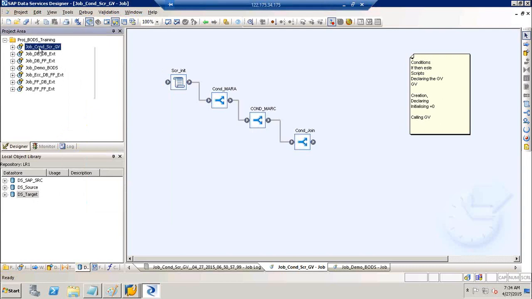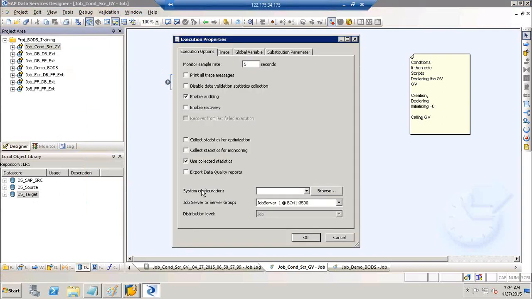Now, when I execute the job, I see something different here. This was not there earlier, right? And now I see this one. If I leave it at default, I'm not selecting anything here, so whatever default configurations are there on the data store level will be active. This one has development and this one has QA as the default data store configuration. So the job will run accordingly. It will pick this one as dev and this one as QA and run it,